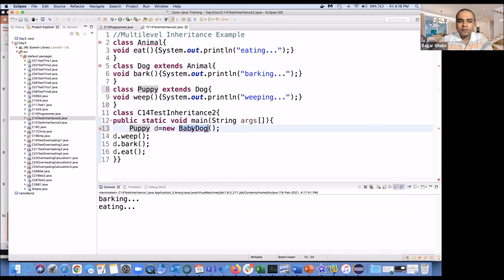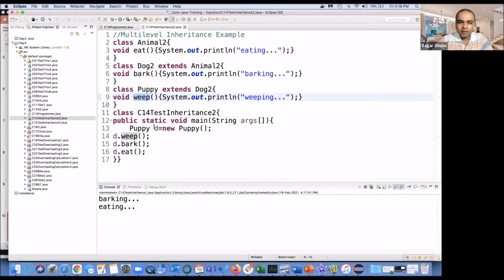And what we are going to do is, we have created an object of puppy. Animal 2, dog 2, and dog 2. Fine.